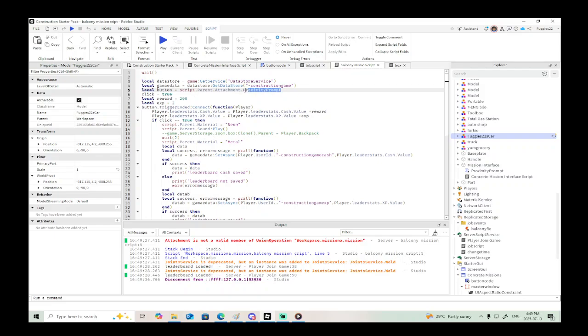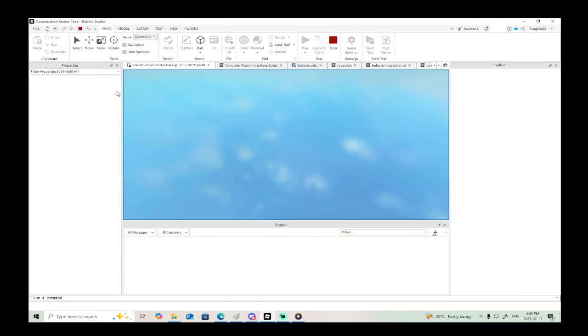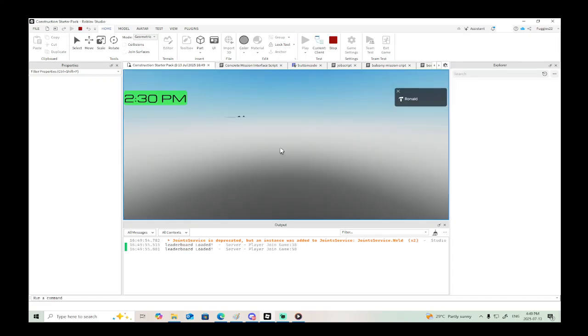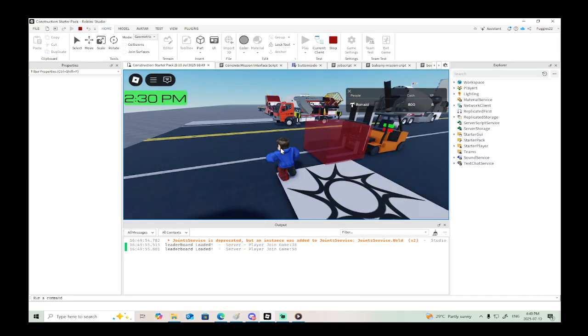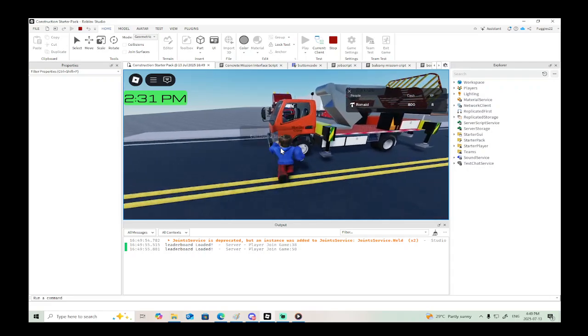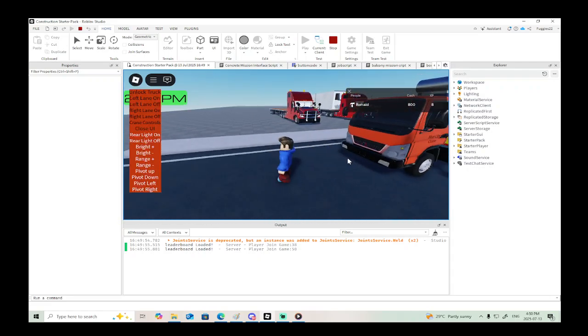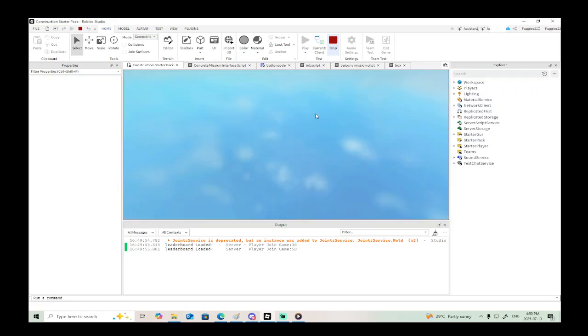Oh, button, script of parent, proximity prompt. Ah. All right. So what I need to do is,